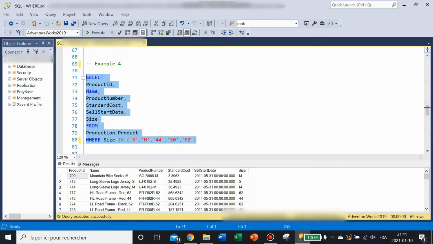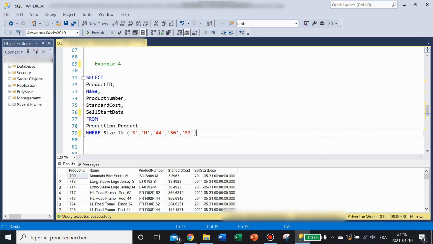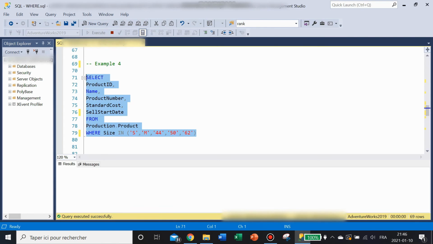Here, you would like to look for information where the size of the product takes the value of S, M, 44, 50, or 62. By the way, it's not necessary to repeat the columns from the where clause and the select clause. Like if you delete size from select, it will be correct too,